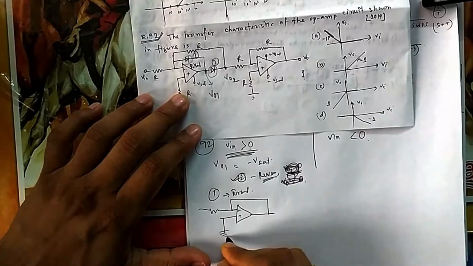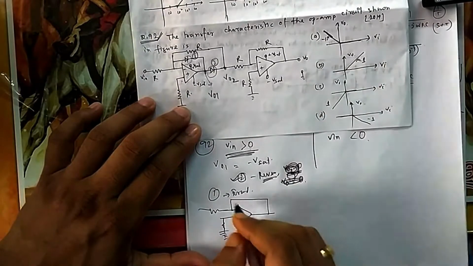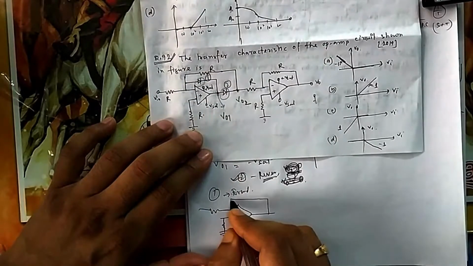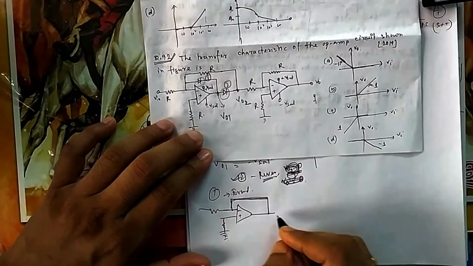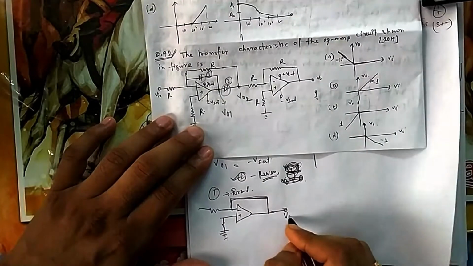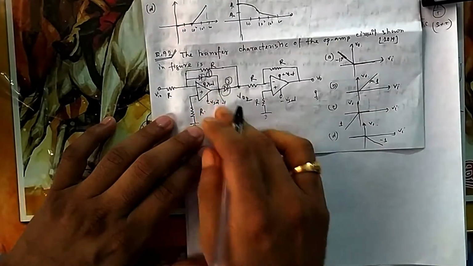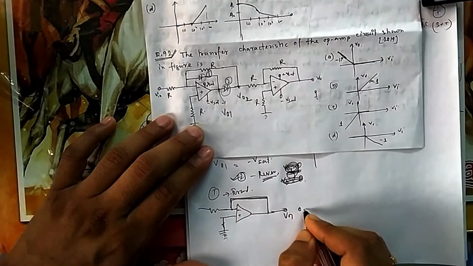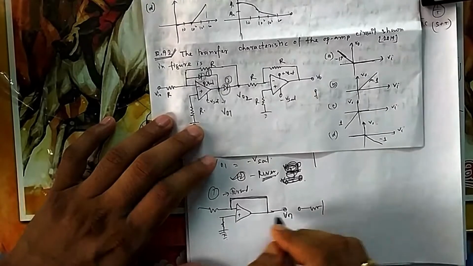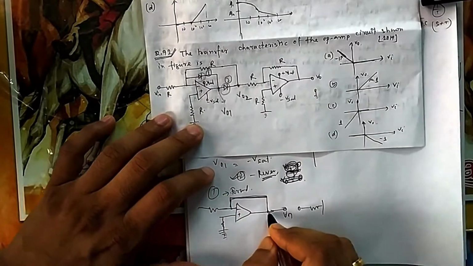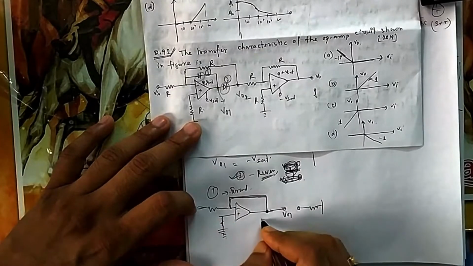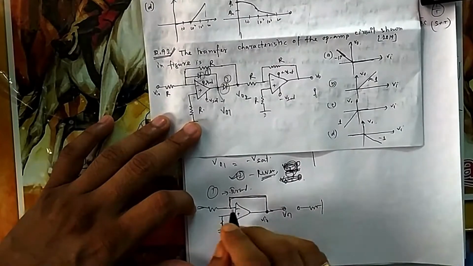So this is the case now. This is the resistance, then it is ground. This resistance will not come into the picture because now this is a path. This is an easy path for the current to flow. So now again it is coming to negative feedback. So what will be my V01 now? Here it is open, and then R, then this. Now you see, because it is now forward biased, what will be this V01? This V01 will be equal to negative of V, minus V.